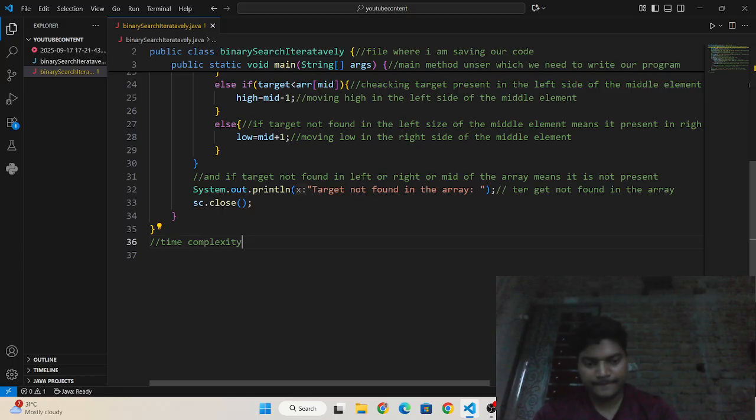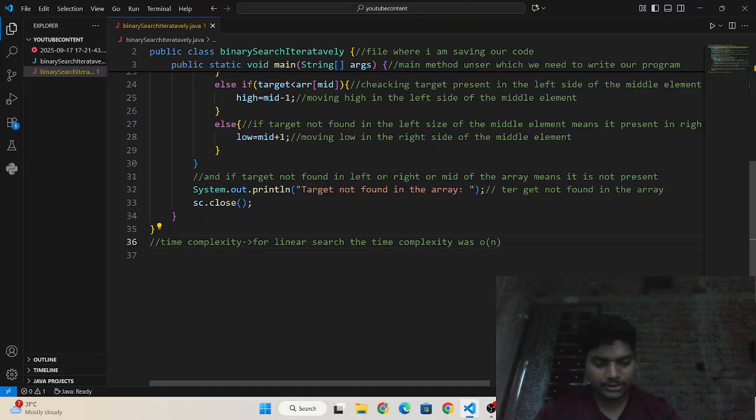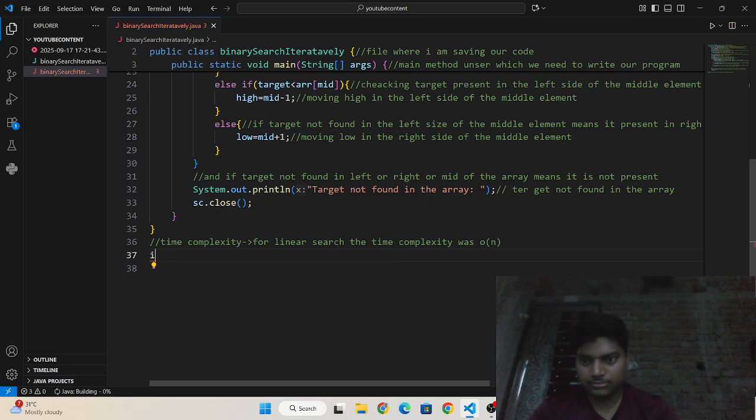For linear search, the time complexity was O of n, and space complexity was O of 1.